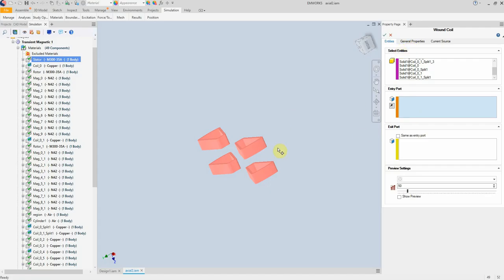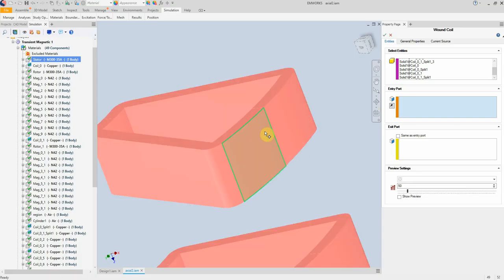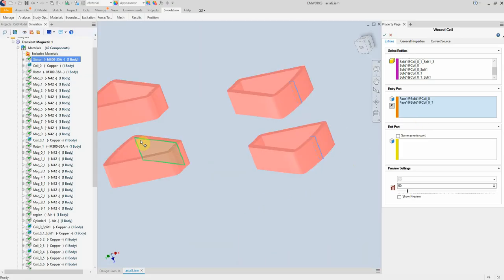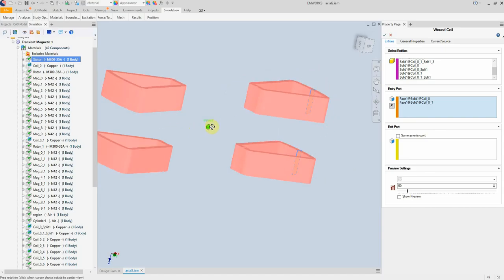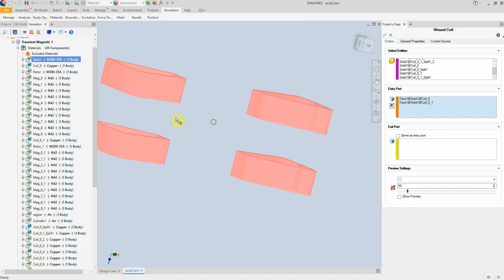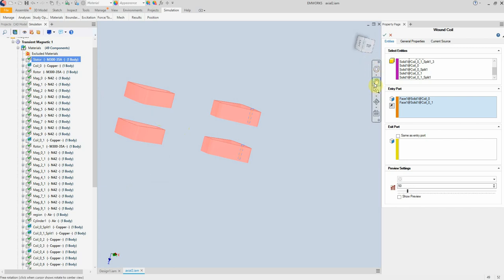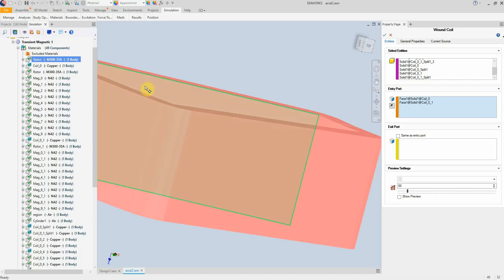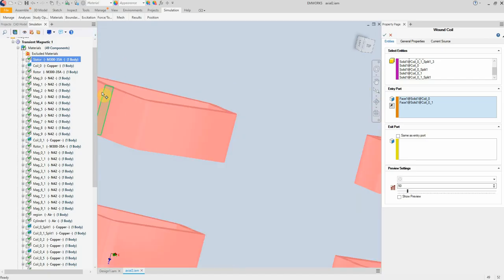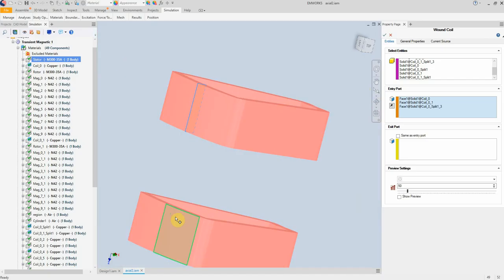Now I have to select the cross-section face of the entry port. Let's select this face with a little zoom in, and I have to go for other coils at the other side. Use the middle mouse button or options here to change the view for easier selection of the faces. Click on the cross-section face